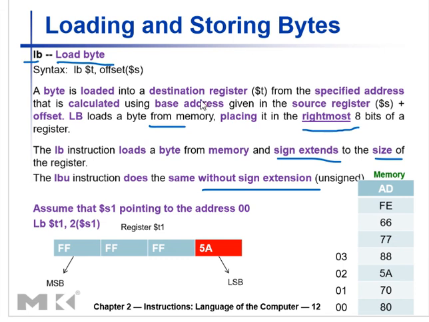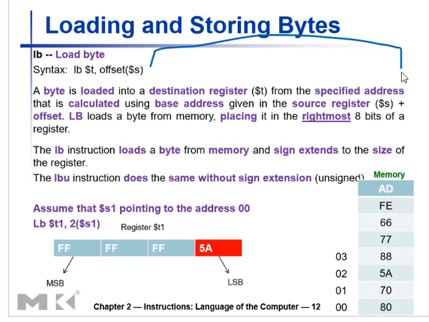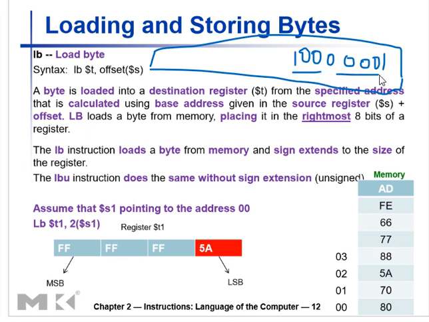For example, if I use a sign extension, if my byte value is, for example, I am drawing something, sorry, if my byte value is 1000 000 or something like that, this is my value. So this is 8 bits only, but your register needs to have 32 bits. Okay, so you fill the remaining bits with the sign.